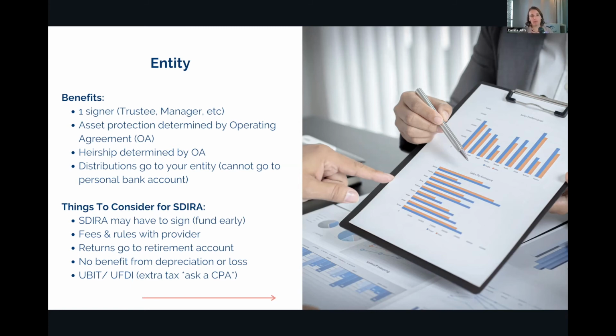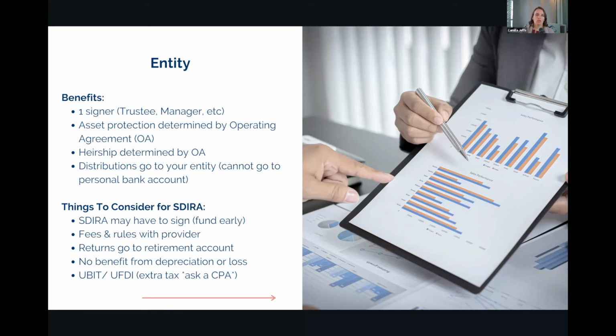So they will have to sign the document. And sometimes this gets tripped up a little bit just because it's not a quick process. It's not like a joint signer or an individual signer who can just sign really quickly. It typically takes a week or two for all the information to flow back and forth between us, you, and the self-directed IRA custodian.